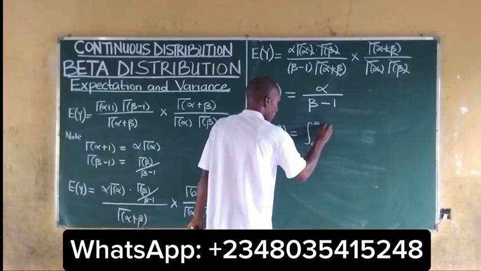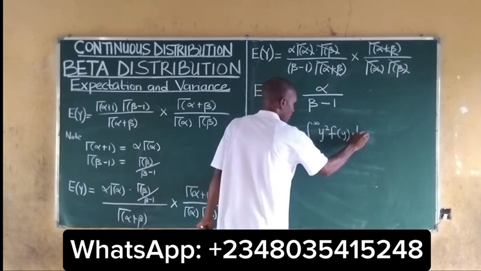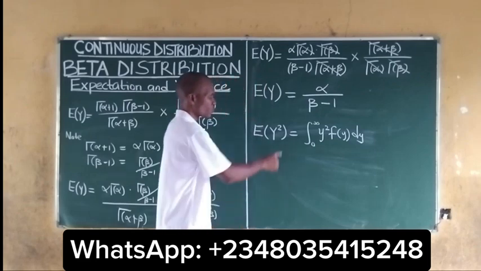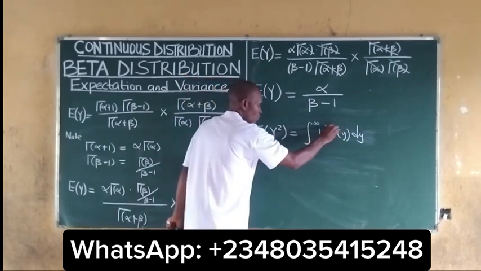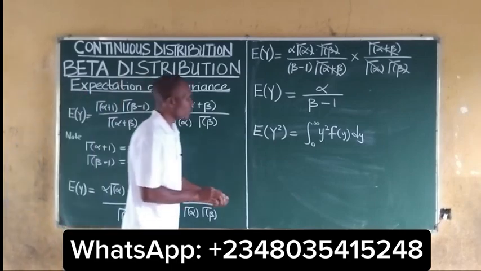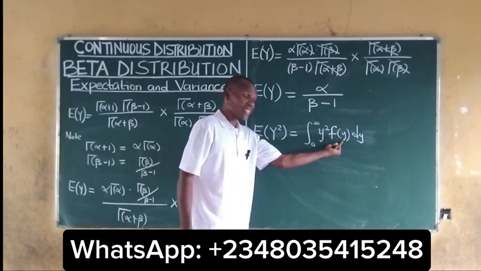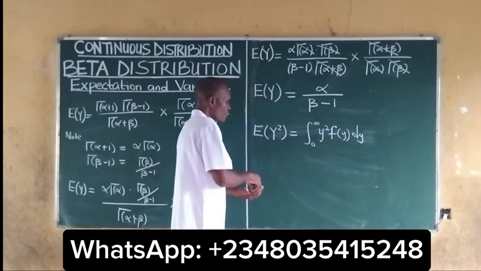We have the integral of y squared f of y dy. So this is what we get. If we want to look for the expected value of y squared, this is what we get. The next thing to do is to infuse the beta distribution PDF into this. So if we infuse it, we get